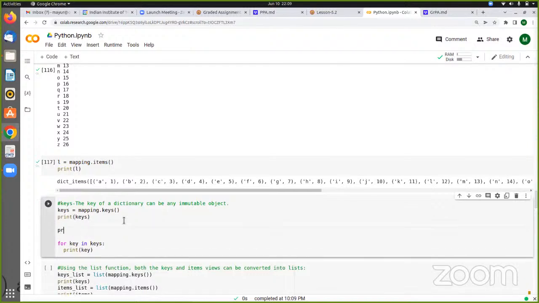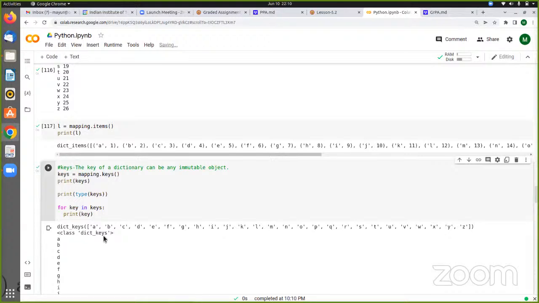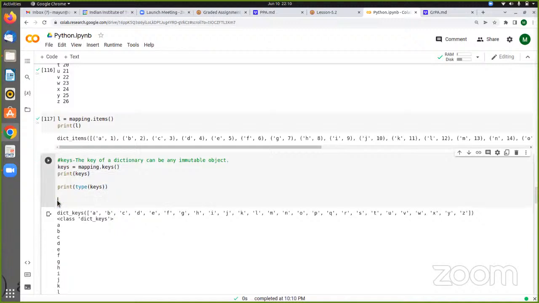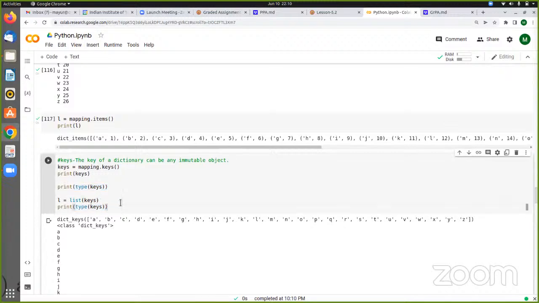If I want to print the class type, type of keys, what should it print? It is going to print dict keys, right? Now, let's say L equals list of keys, and now if I check type of L,